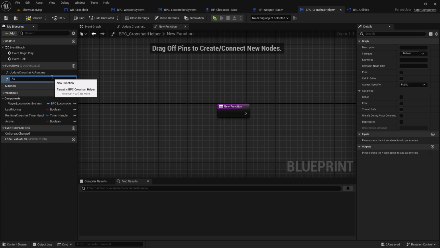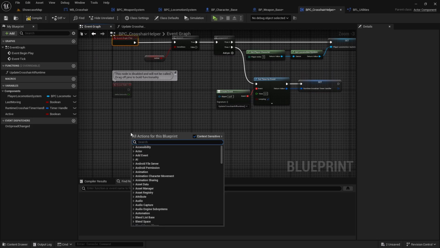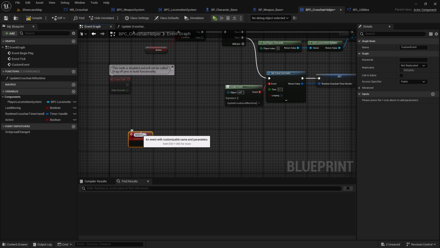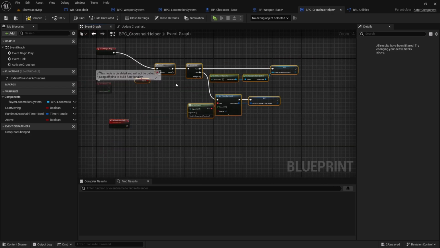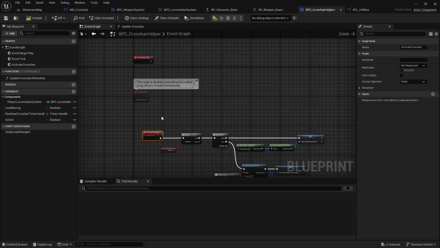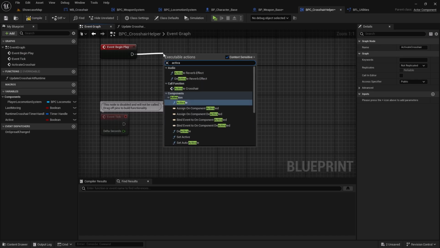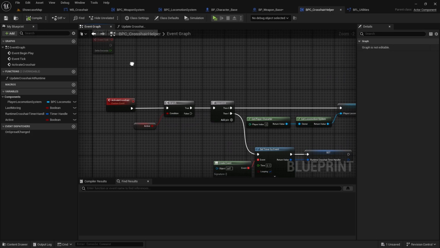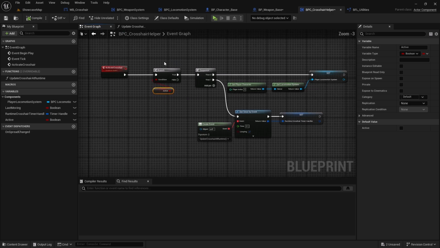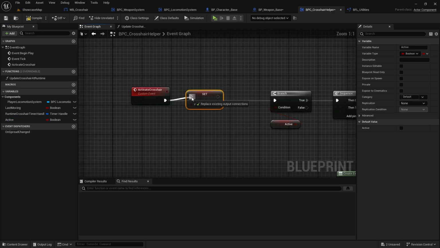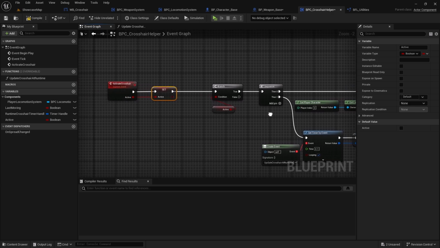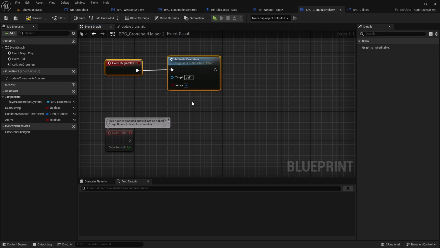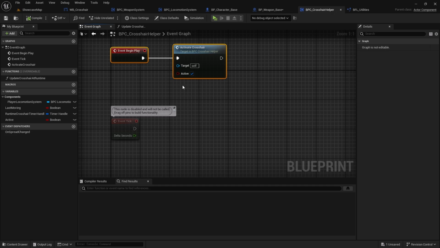So I'll create a new function called, we can't create, maybe I'll create a new event called activate Crosshair. I'll move all of these logics to here. And then let's call activate Crosshair at the first instance also, but ideally it won't work because the active is false. And then let's set the activation here, plug it like this. So I'll activate at the very first frame, even if somehow we equip any sort of weapon,